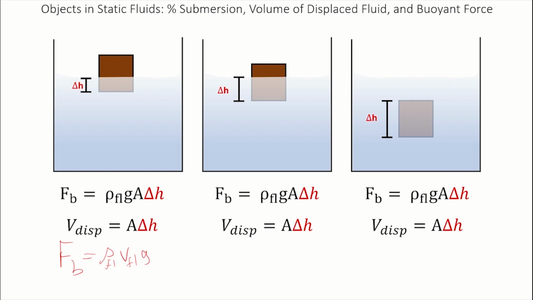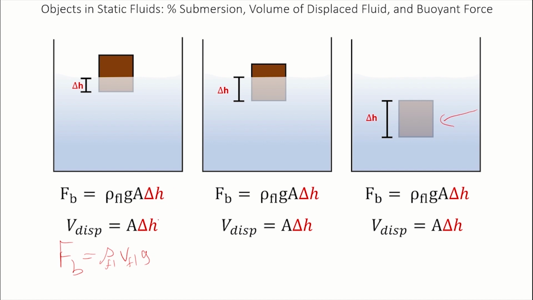So the strongest buoyant force that you're going to have is when the object is fully submerged, because then the submersion is 100%, and that's going to displace all the fluid that it can ever displace, and hence have the strongest buoyant force it can ever have. But as it's less and less submerged, for example here, where it's only partially submerged, the buoyant force is not that strong, because if you look at how to calculate the buoyant force, it's A times delta H, that's volume, it's not as high as it could be.